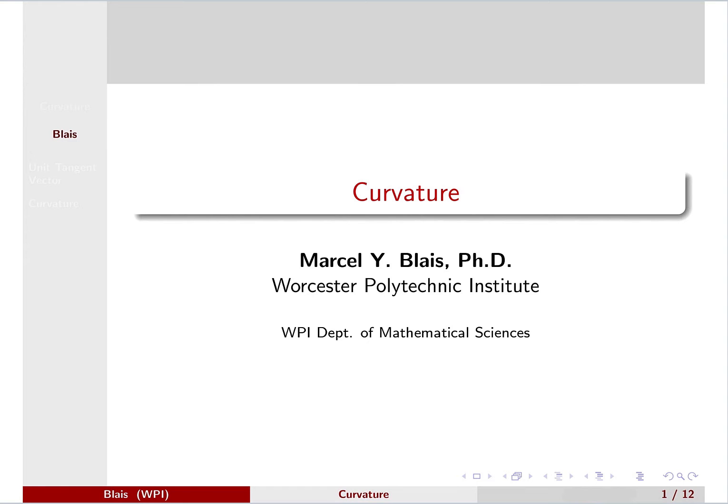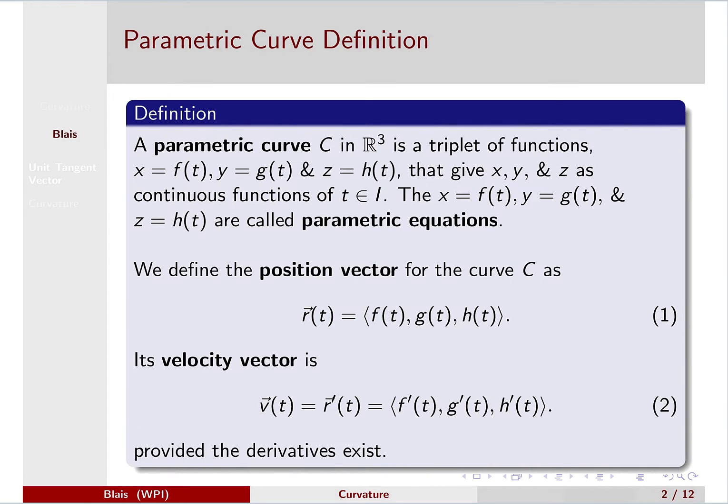In this lecture, we will be studying the concept of curvature. So recall, the definition of a parametric curve in R3 is a triplet of functions, which we call parametric equations. X is f of t, y is g of t, z is h of t. And when we put these parametric equations in a vector, we call that vector r of t the position vector